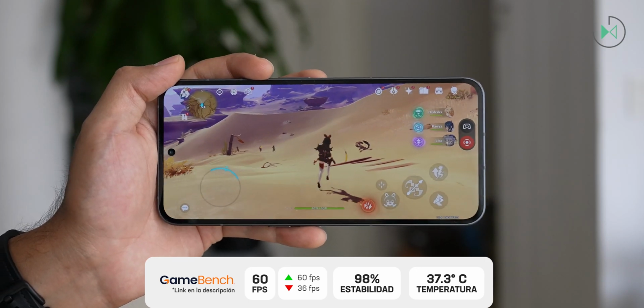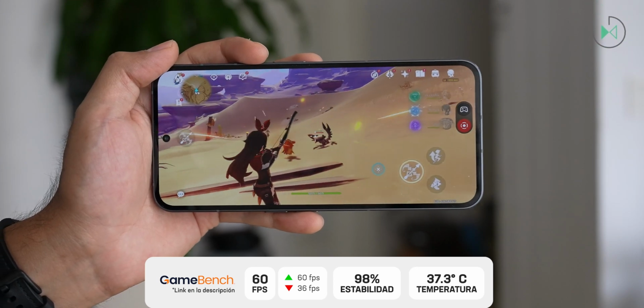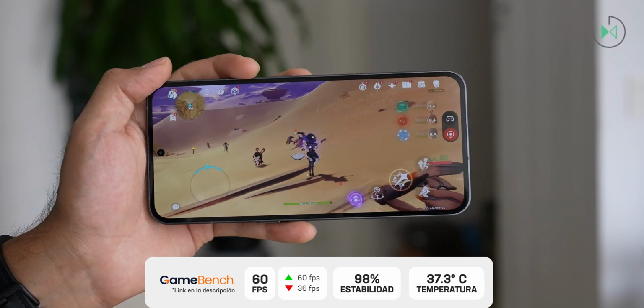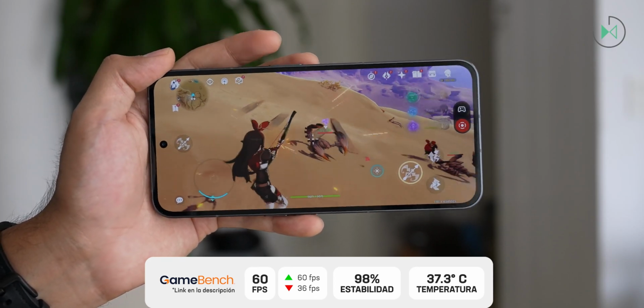So if you are one of those people who like to play games but don't want a gaming phone because of the limitations that these types of phones can have, I think this Nothing Phone 2 is a very good alternative. For the moment, we have